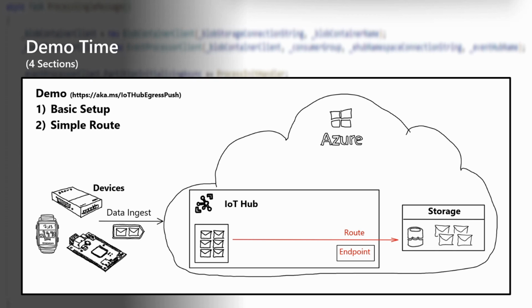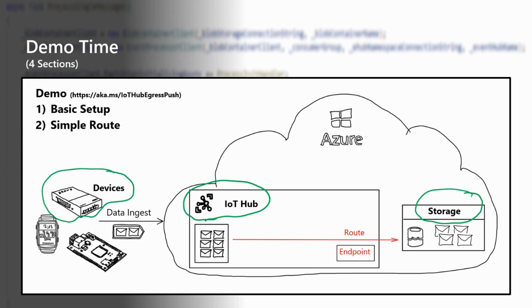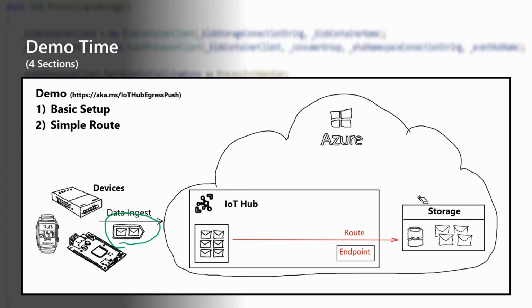So what we have done is we have created an IoT Hub with the script. We have created a storage account with the script. We have created a device inside of IoT Hub. And then we are using this device to send telemetry, really the JSON that you have seen in the PowerShell script, to IoT Hub.